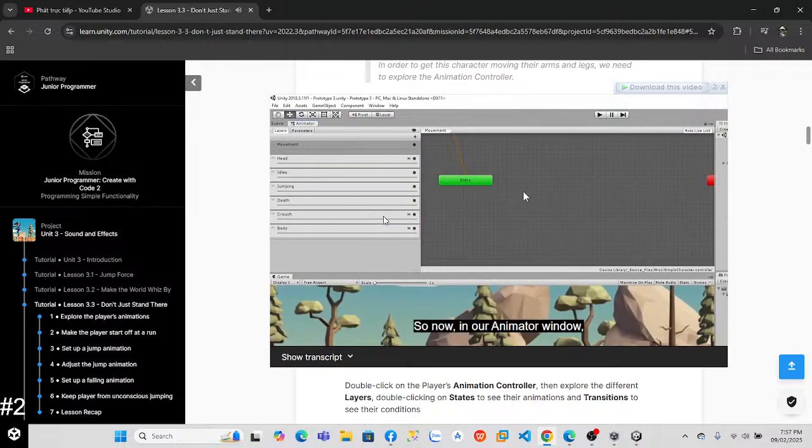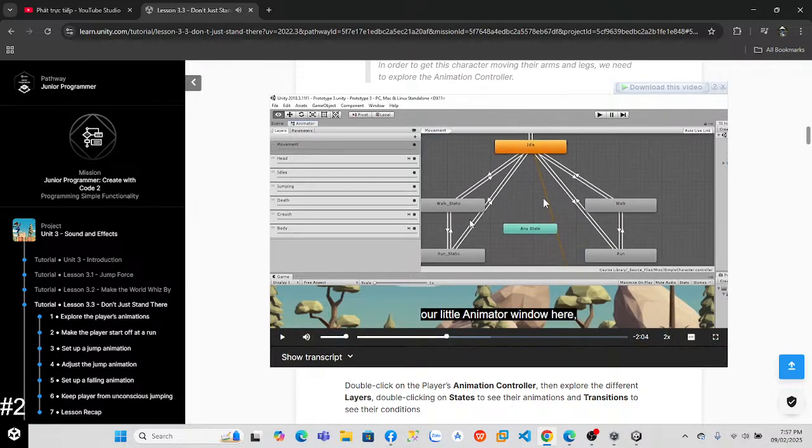So now in our animator window, you can see that we have a strange view of this button that says entry, but not really anything else. You can actually move around in this view. There's a lot more going on. So we can press the Alt key and hold it, and then left click and drag, and we can move around